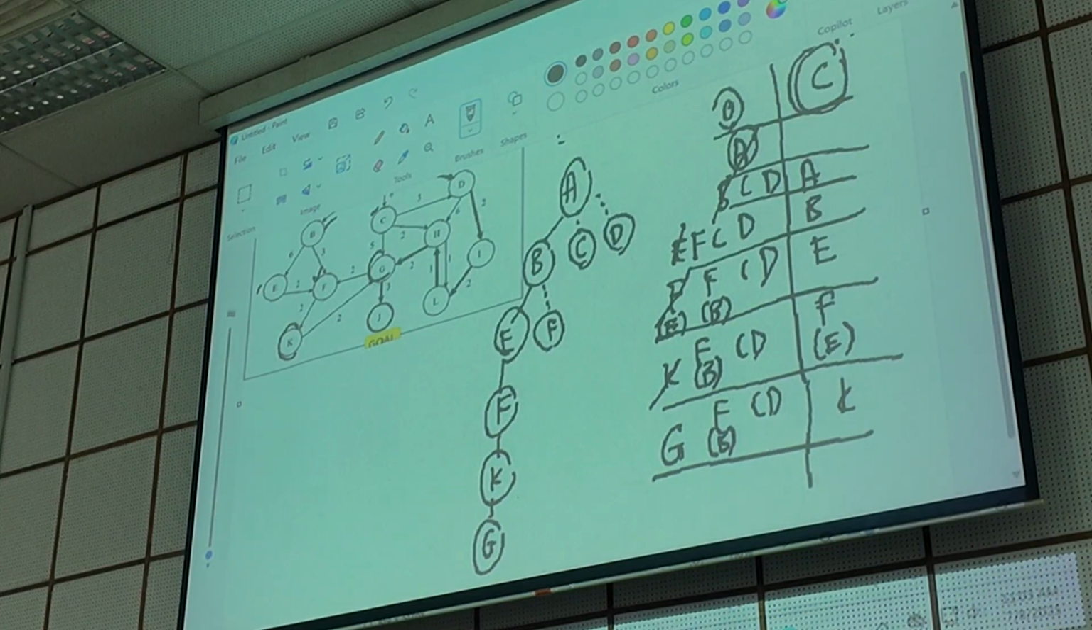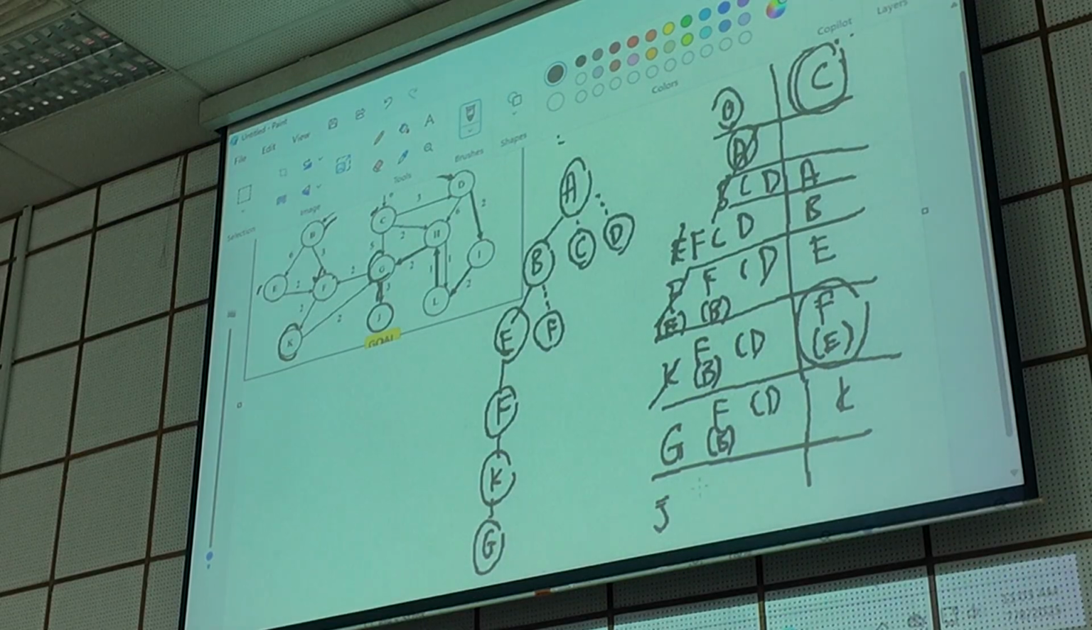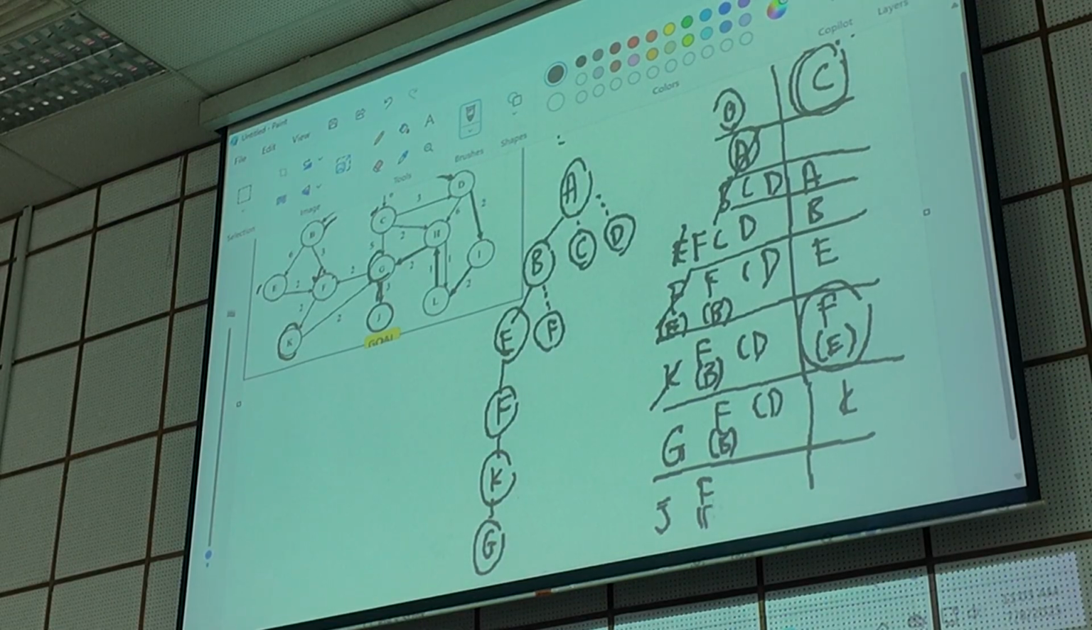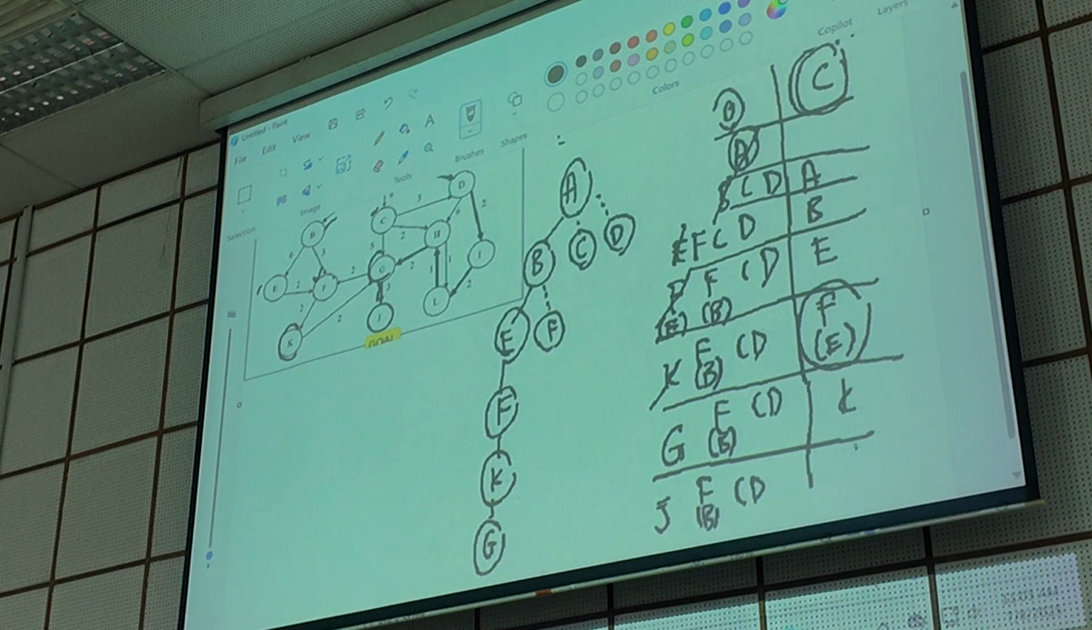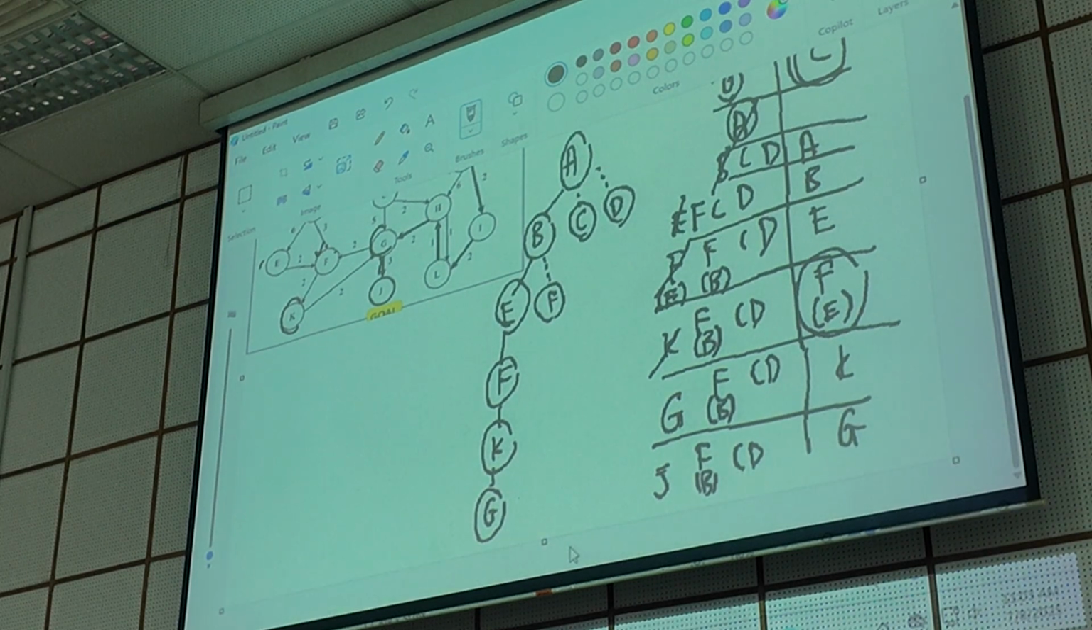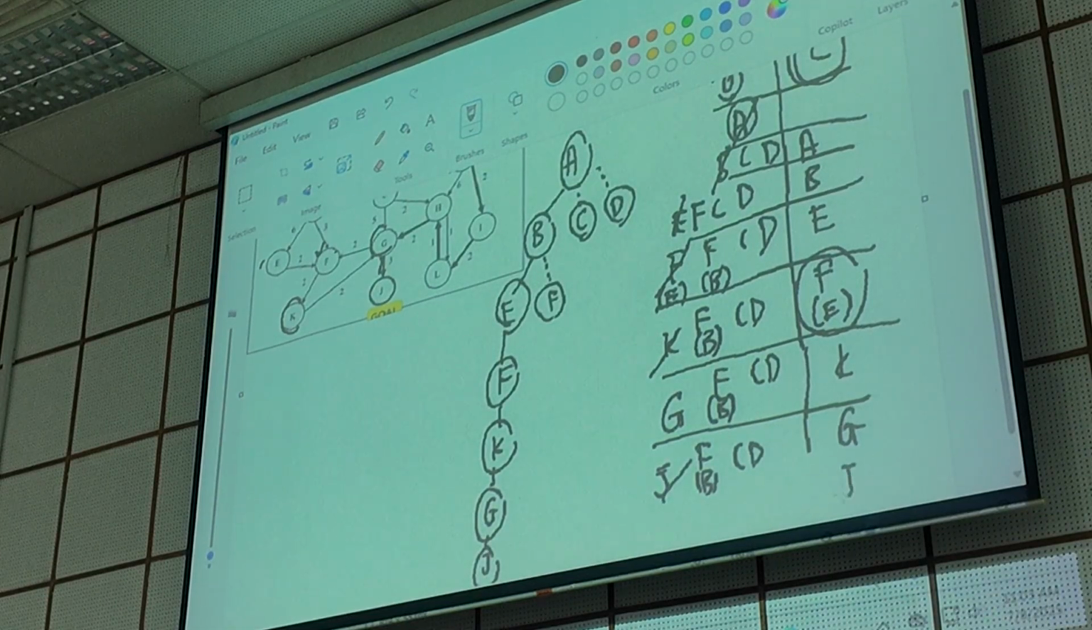Okay, G, you get J or F, right? F or J here, but F is already here, right? So we don't want to have a repeated state. So J, F, C, D. Okay, and then F goes to J. So that's it. So stop here. Right, done. So this is the search tree